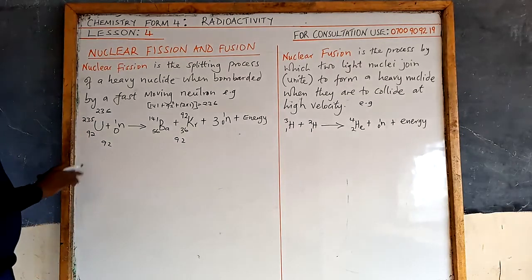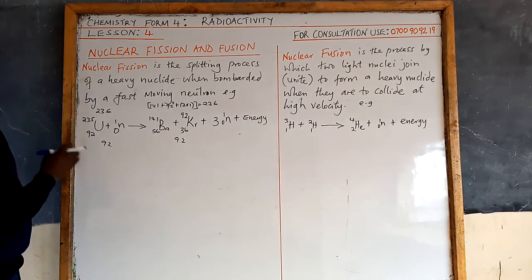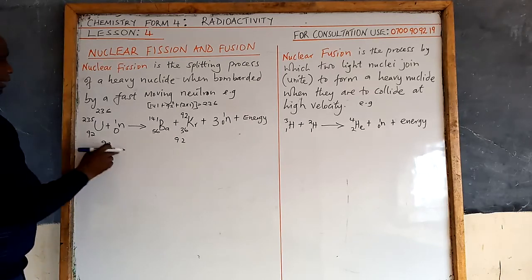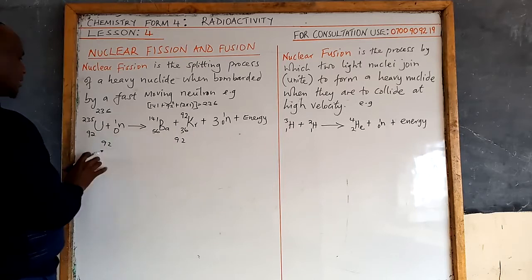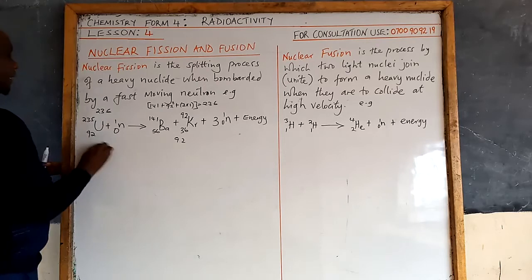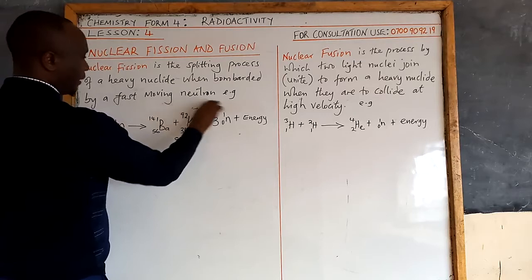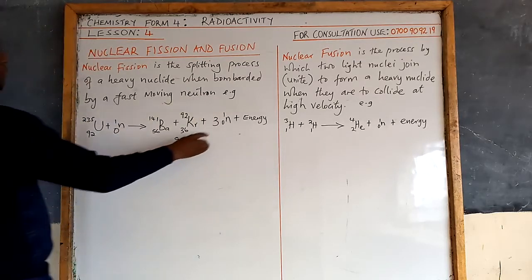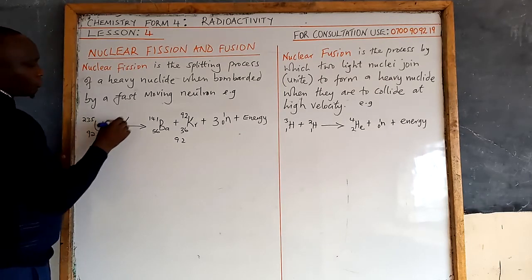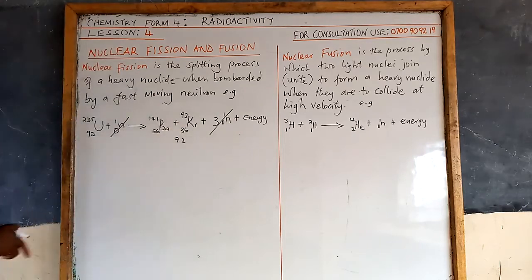Now, usually, a lot of heat energy is produced in this reaction. Here I have explained that the masses are the same. But if we just disregard the neutrons and only consider the masses of the elements, so consider these ones, now if we ignore the particles emitted,